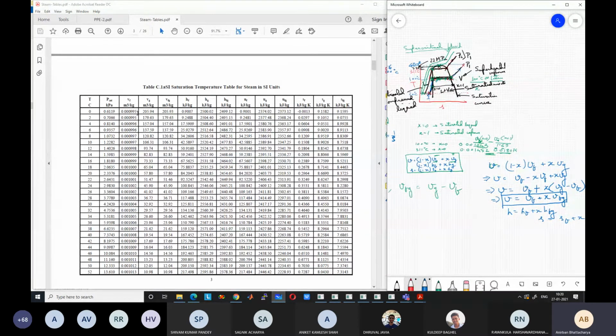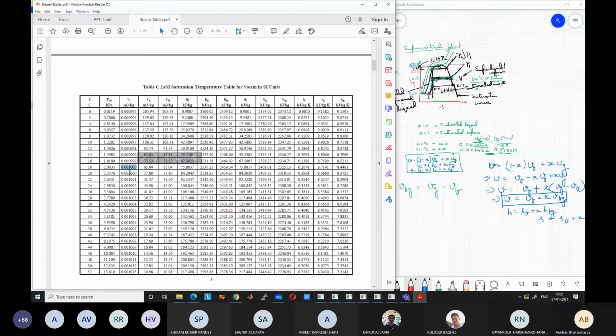So the first column is Vf, the specific volume of liquid at saturated liquid condition. Let us take a look at the values. 0.000995, so it's not changing much, it's changing slightly. Typically it is around 0.001. Okay, specific volume 0.001 means what is the density?